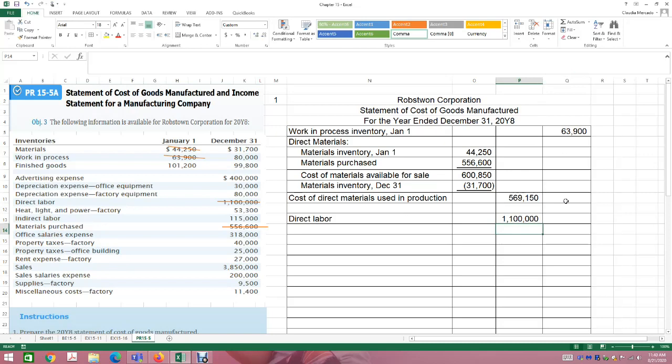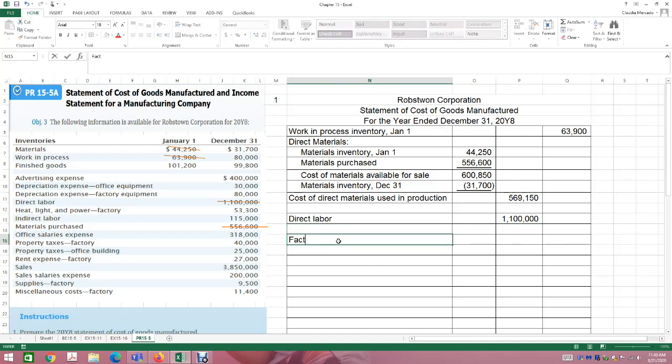Now, why am I putting this in the middle? Because I need to get a total for my materials, a total for my labor, and a total for my overhead. Those are my three manufacturing components, remember? Once I get the total for those three, I can bring it to the very end. So that is my direct labor. Now I have factory overhead. Anything else that does not fall into materials or labor goes into overhead, and these are costs related to my factory.